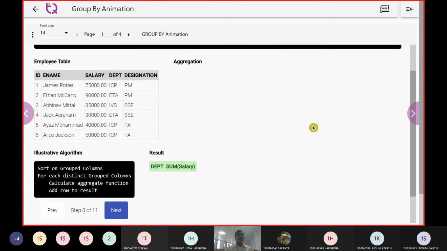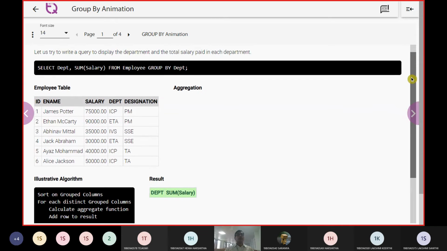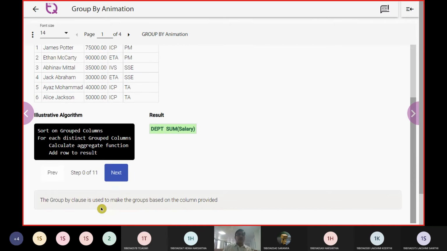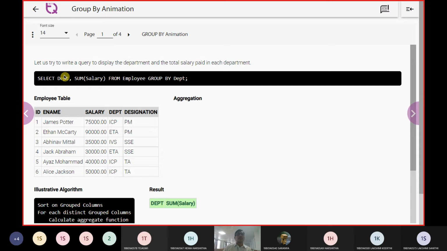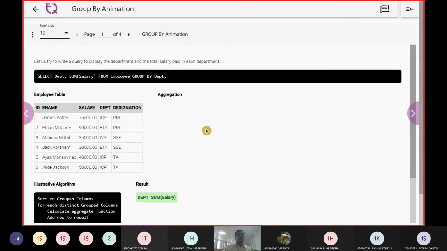So here is a little animated content to showcase how a group by is going to work. So when this group by is going to work, so we can